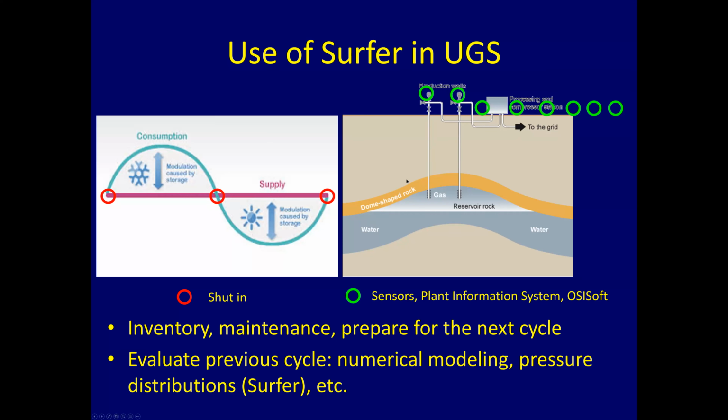Okay, so here you can see that, as I said, thousands of sensors are spread across the whole surface facilities. We measure wellhead pressures, we measure temperatures, we measure compressor inlet pressures, outlet pressures, and so on. We measure gas rates, whatever. So a lot of information, and this is done by the so-called plant information system. This is made by OSIsoft. It's a software company, and once we have all these data,